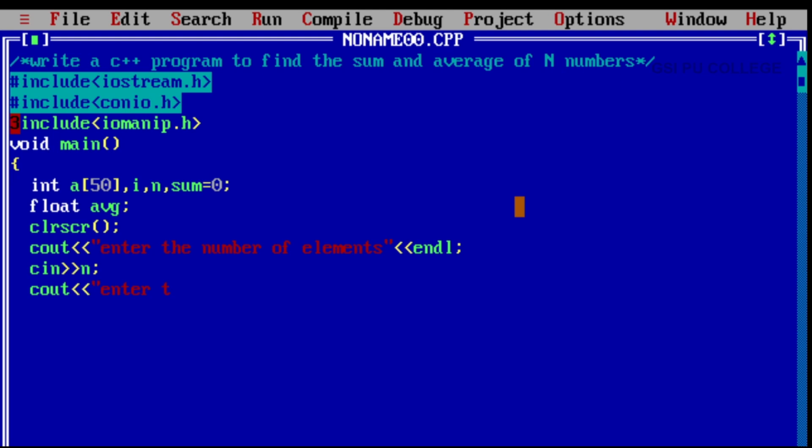Next, enter the elements. endl represents the end of the line. Using a for loop, we are going to accept the array elements one by one. i is equal to 0, i less than n minus 1, i plus plus, cin a of i.